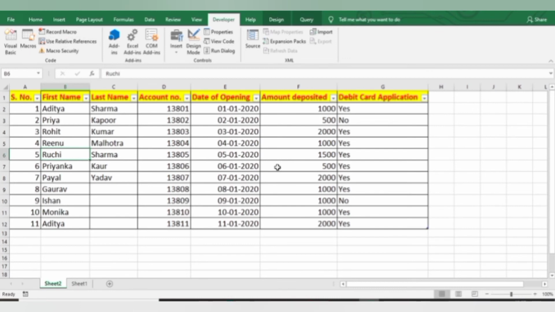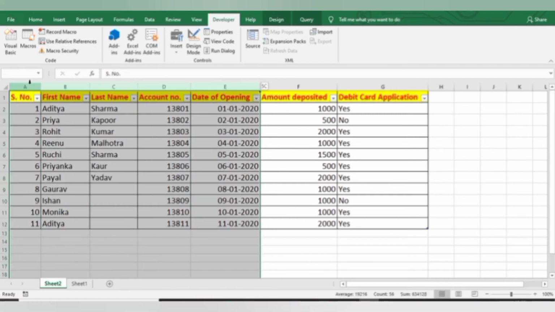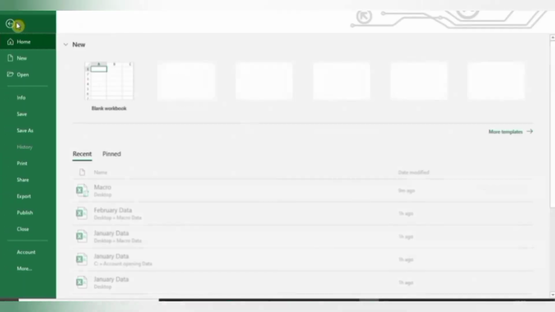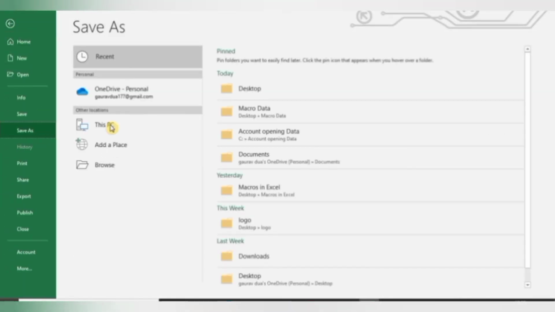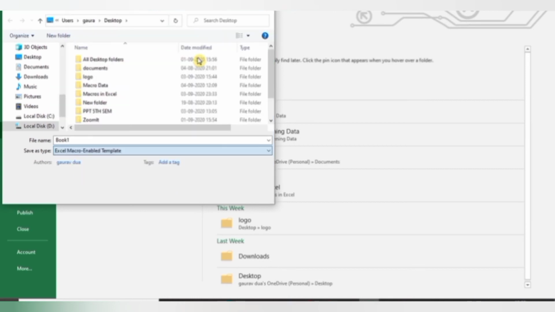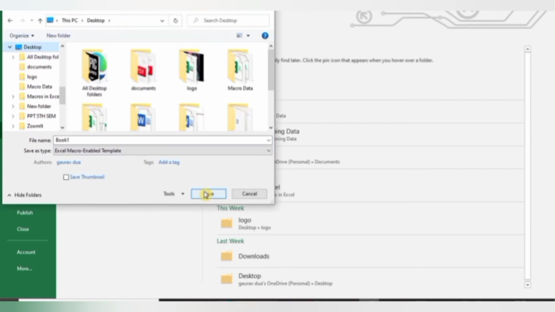And now if you want this Excel workbook as a macro enabled template, then I am deleting this data. And then I am saving this file as a macro enabled template.